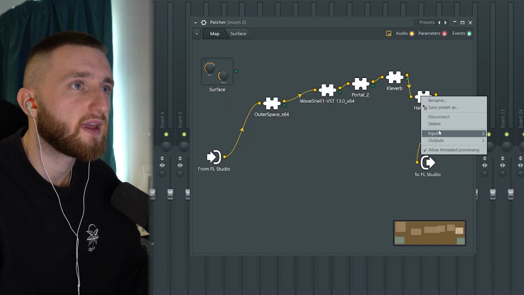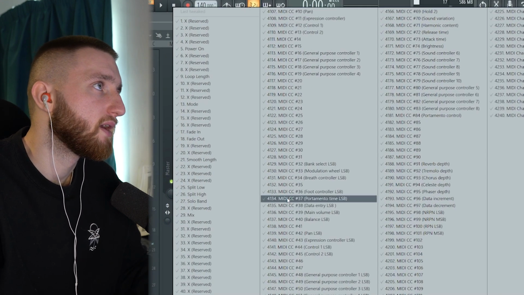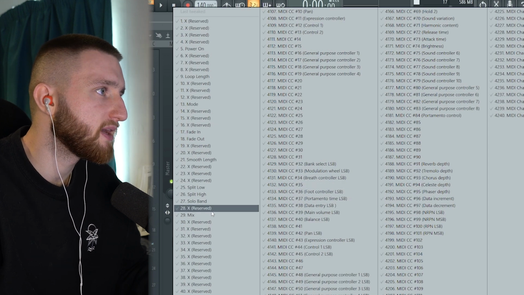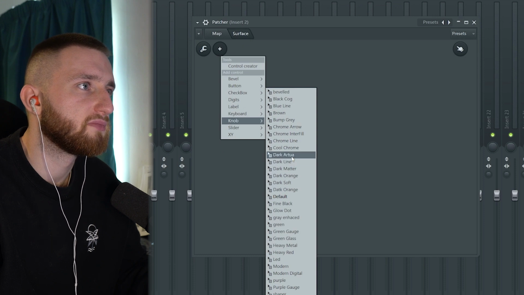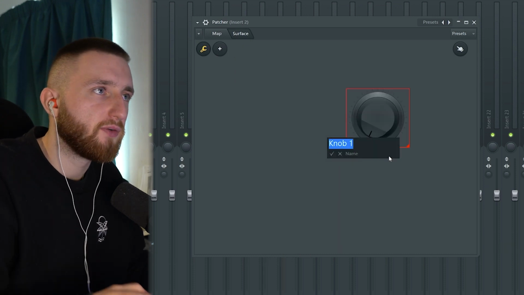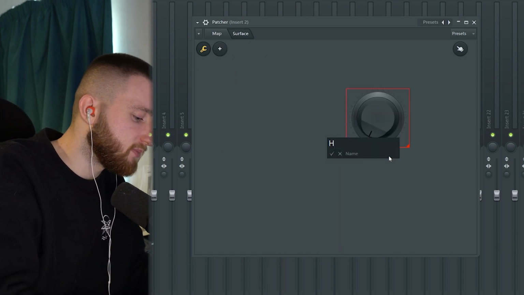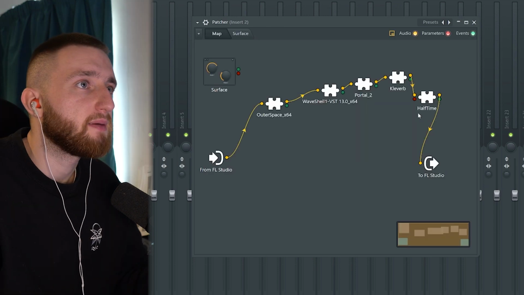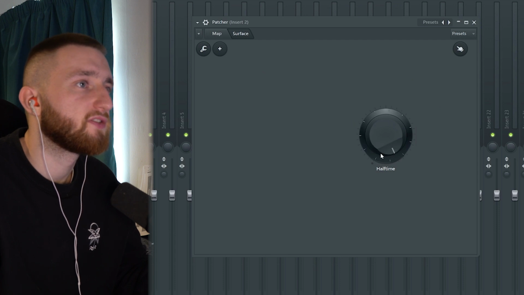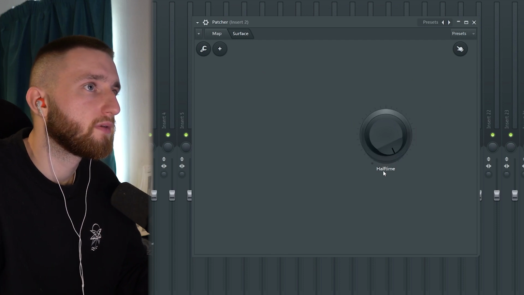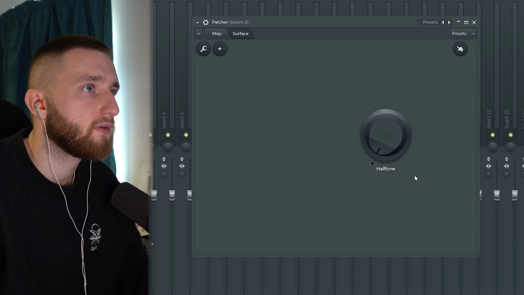That's all good. So if we click inputs, parameters, I want to change the mix. So let's create the first knob here. Let's just choose this one. Obviously, you can get super creative with whatever you want to call these knobs. For me, I'm just going to name it halftime. So then we're back in the map. What I'm going to do is connect that out here. And then obviously, if it's all the way on, it's all the way on. If it's off,